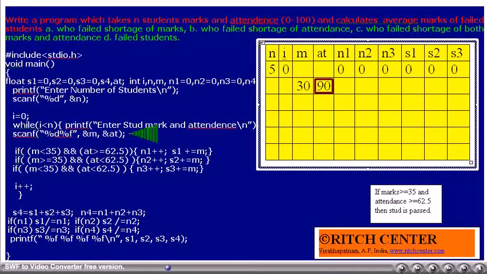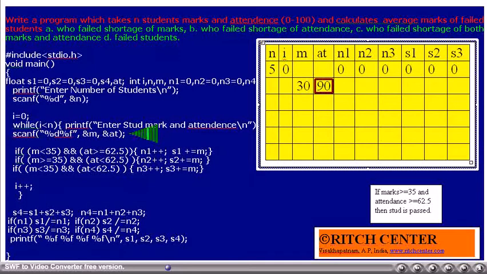We assume that the user has entered student mark and attendance as 30 and 90. Which category candidate is he? Marks, he has got less than 35, but attendance is more than 62.5. Thus, the first if condition will be satisfied.